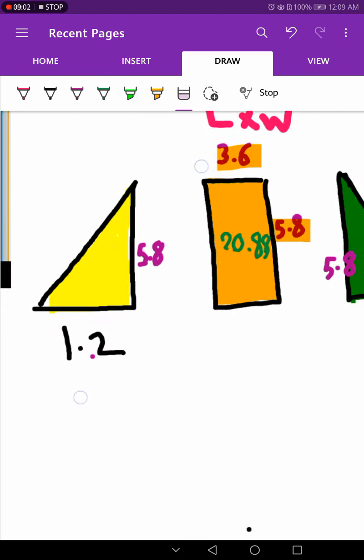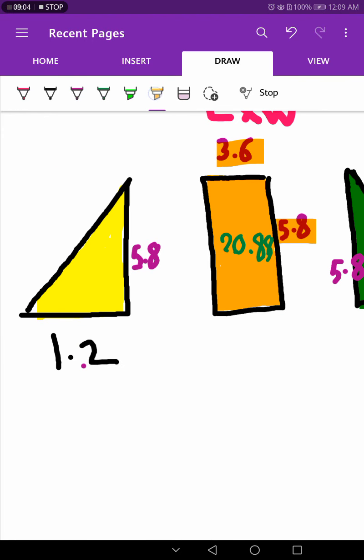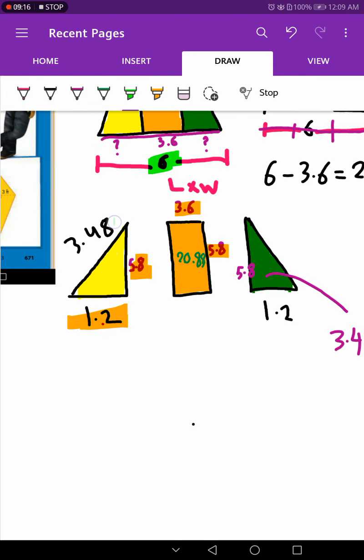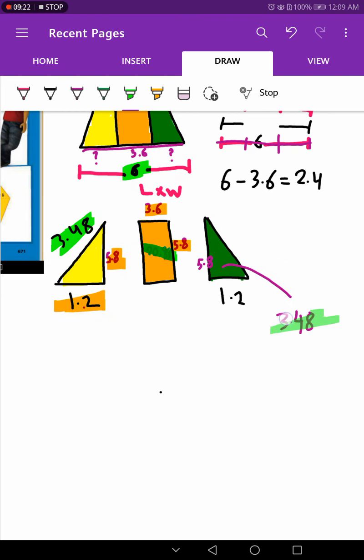And what about this one? It is the same area because we have the same base and the same height, so we get 3.48. So now what you have to do, you just add the areas, this plus this plus this, it will be